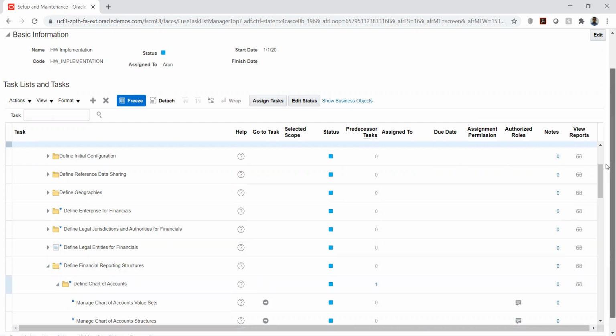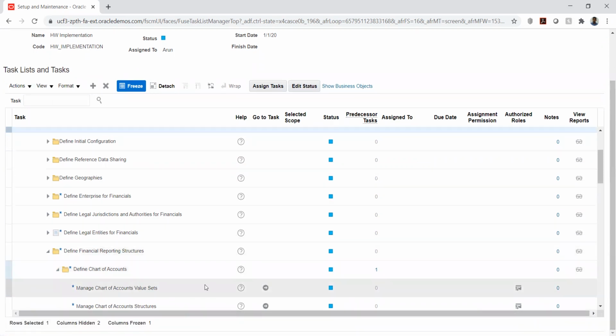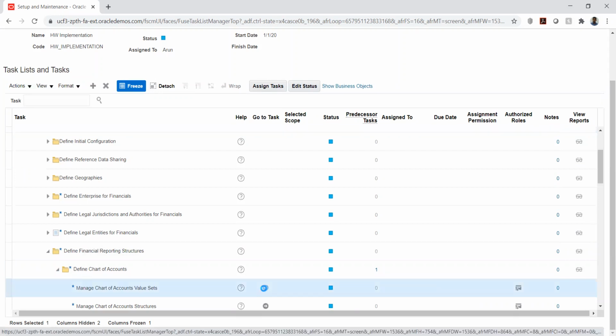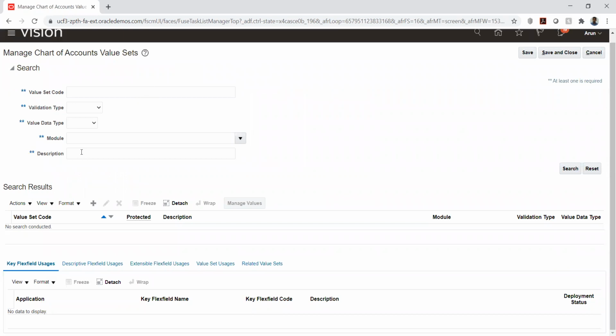Here, if you see, the value set will be moreover similar to our EBS environment, whereas only a few validations have been taken out. In EBS, we have value set types called special pair and other things, but here we don't have those validations.